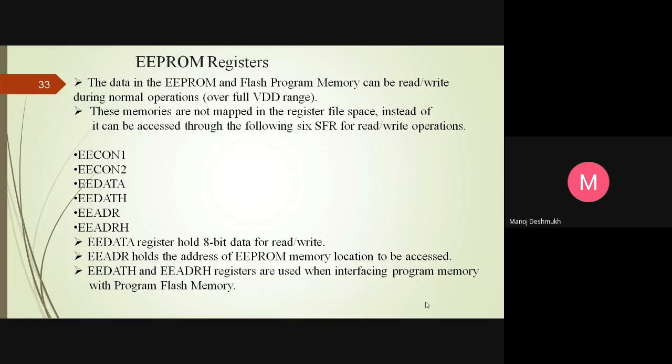EEADR, that is address, is related to accessing the lower 8 bits of the address, and EEADRH is for accessing the higher 8 bits of the address. So these registers, the SFRs, are used to access E square PROM and flash type of program memory. And these registers are not included in the